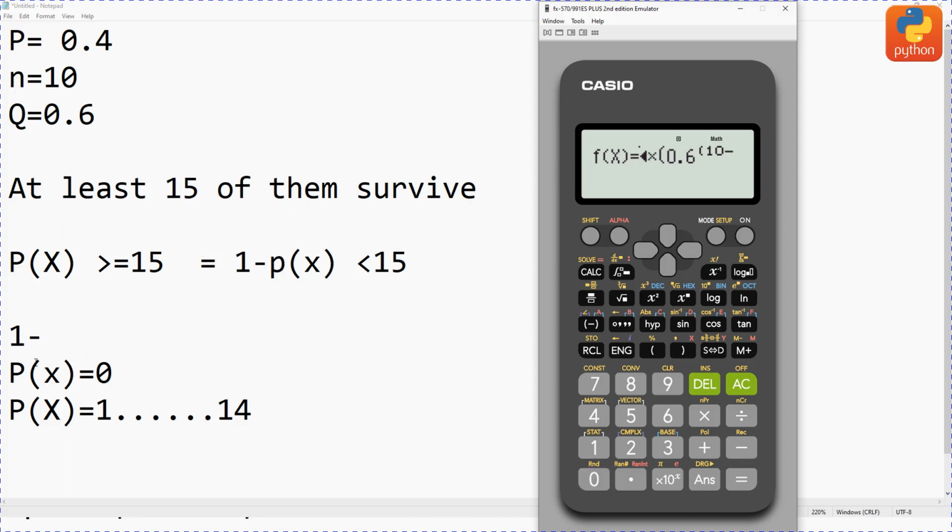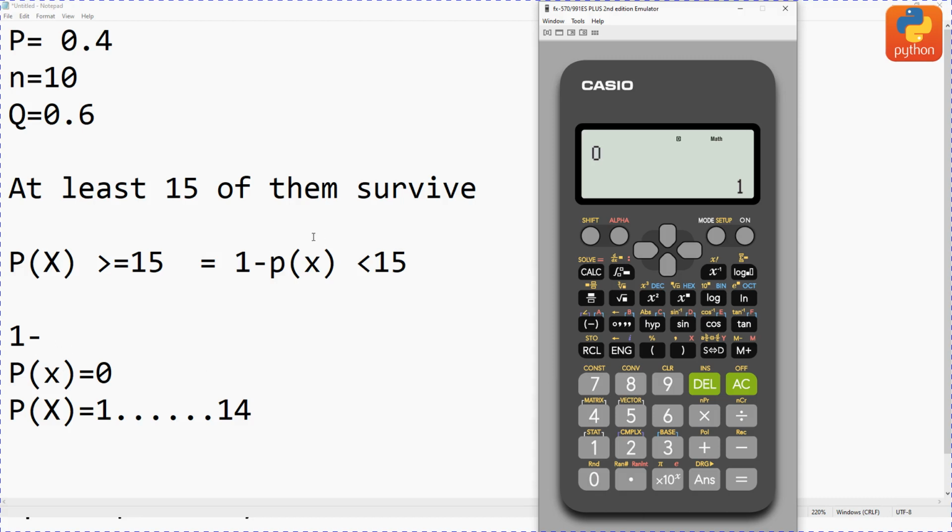Alpha, meaning minus x can be any number, so alpha, then again, sorry, alpha then x, because that is what we will be inserting. Then I close the bracket, then press this one here, close the bracket, then close the bracket, then I press the equal sign, then start from probability of x when x equals 0, so from 0